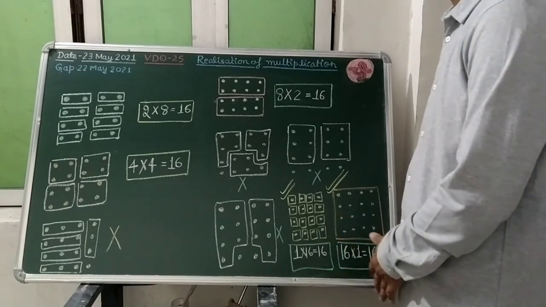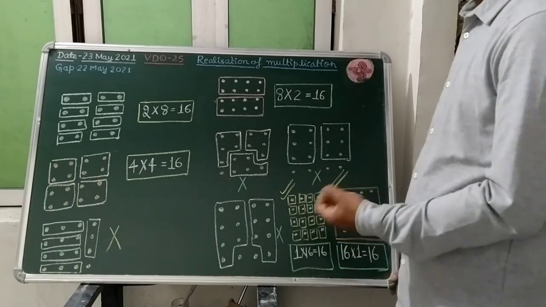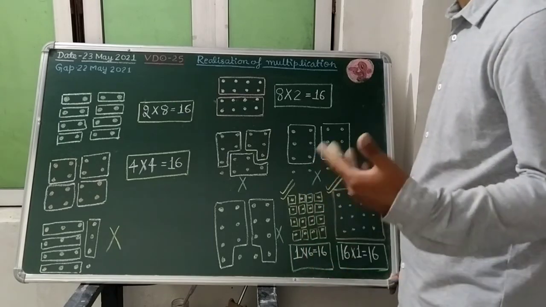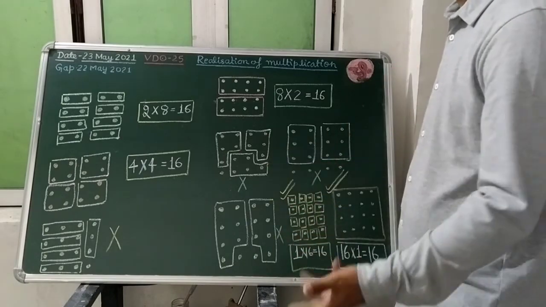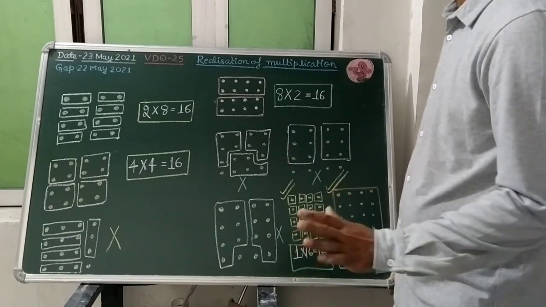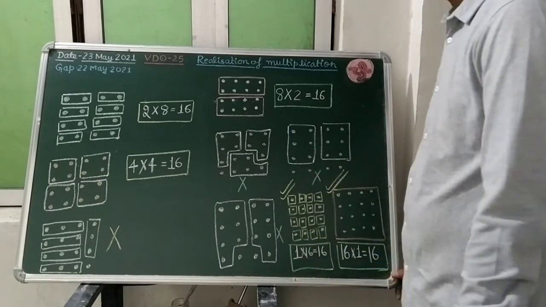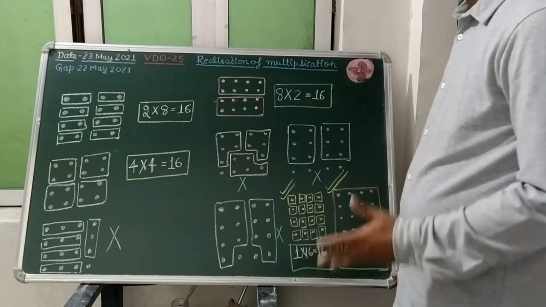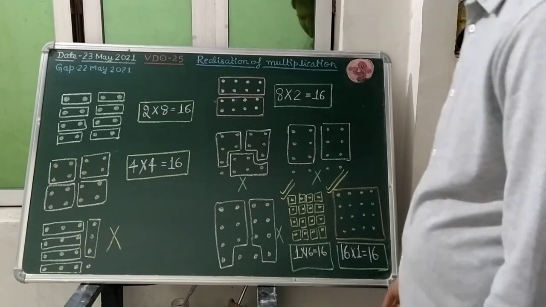Why am I taking time telling you the number system and picking out so many points? Otherwise, if you don't know the number, you will not know anything: SCF, LCM, percentage, ratio, proportion, all these things. I can't tell you the things in the air. I want to make you observe the things. That is why I am saying to you, those who are interested and watching this, please carefully watch it. Otherwise, it's up to you.